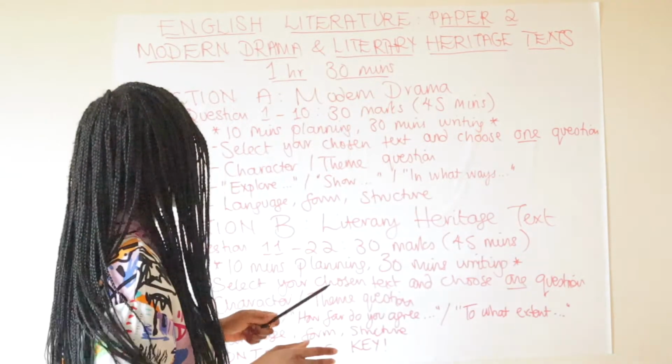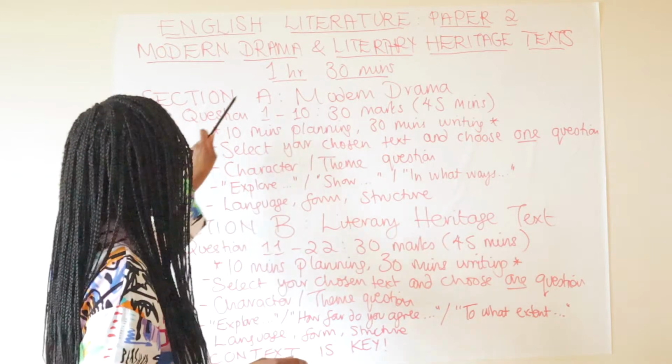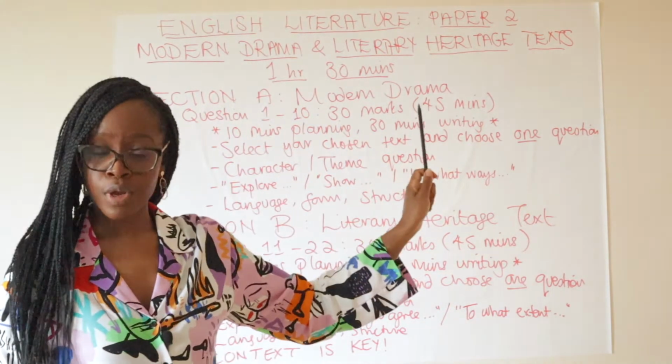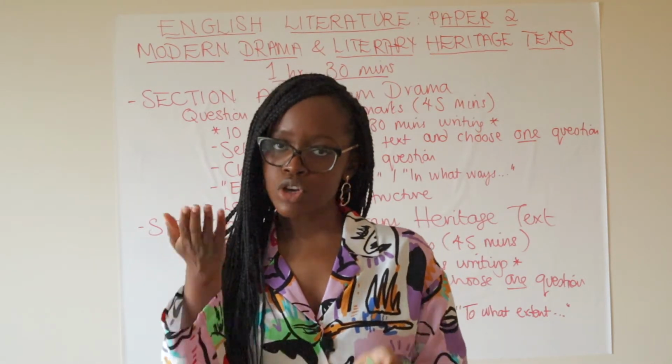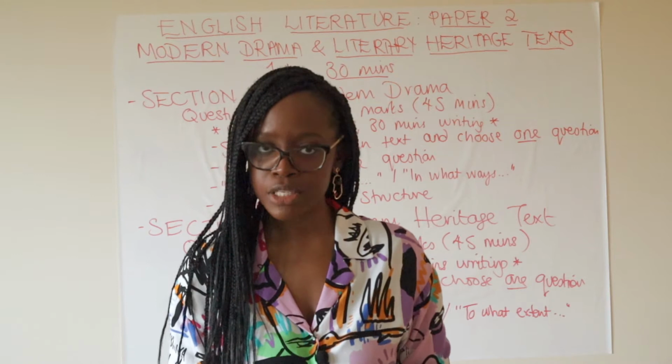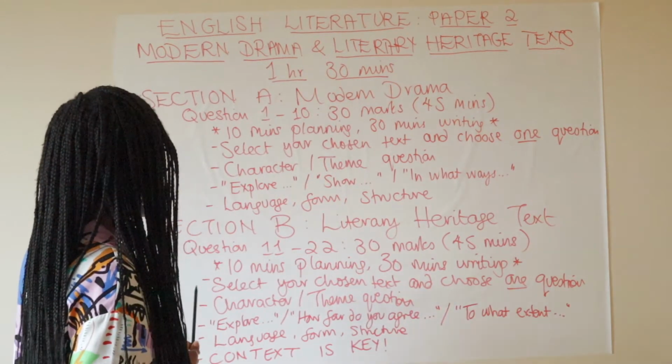Now that's really it when it comes to section A of this paper 2. Now, of course, don't forget you've got section B. And again, because it's worth 30 marks, you're just equally weighting it. You're spending 45 minutes on this, okay? Now, for section B,